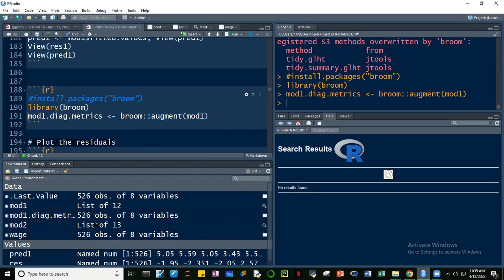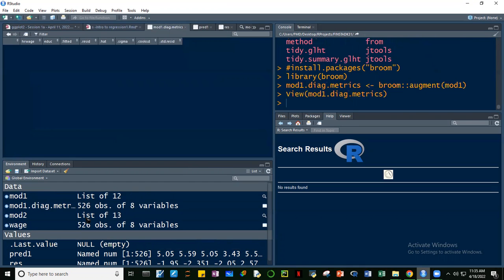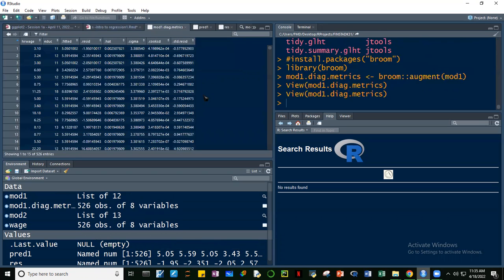Okay, so this one is a data frame. It's a data frame, this model1 diag.metrics. Okay, so what can we find here? Here, guys, is our dependent variable, here is our independent variable, here is the predicted value, here is the residual, and here is the